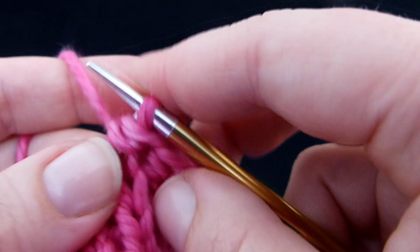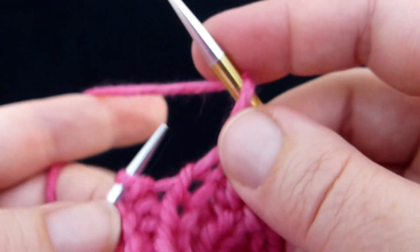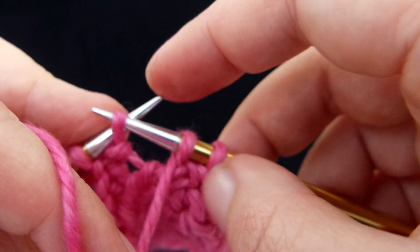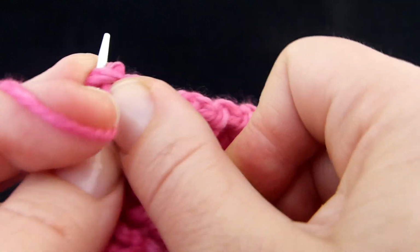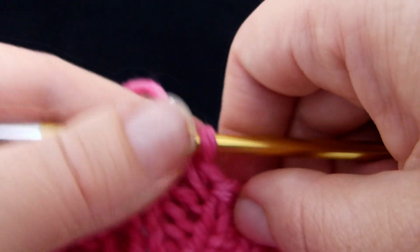knit those together. And then we have a purl stitch coming up, so we do a regular yarn over, yarn comes to the front and down, insert the right hand needle in the left hand stitch and the left hand needle in the right hand stitches, and purl together. So once you get a rhythm going, you may find that you prefer this to the original